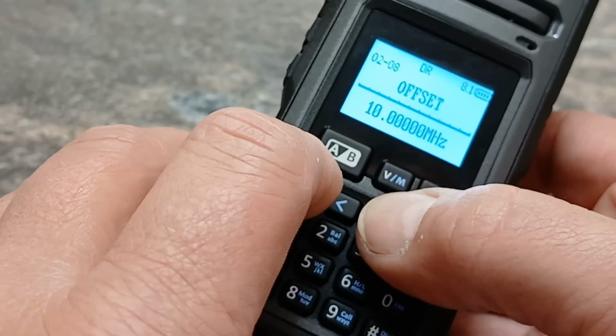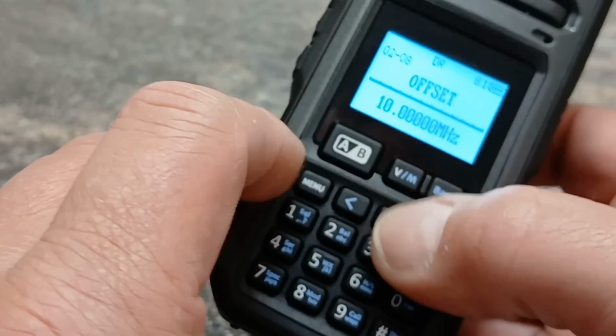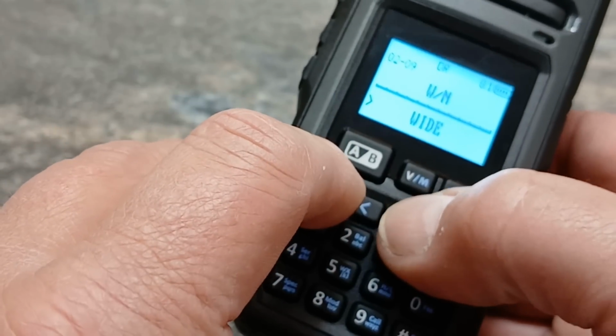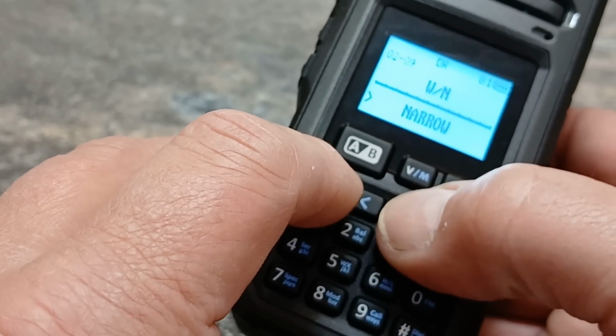That's how I could do a finding the whole time really. Next one's where you change your frequency offset for your repeaters and that kind of thing. You can select either wide or narrow for FM mode. And the next one